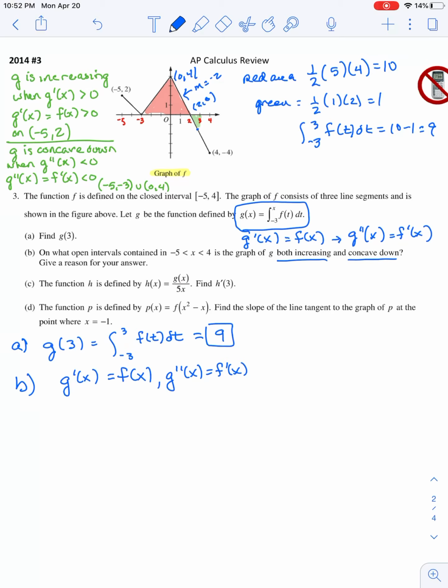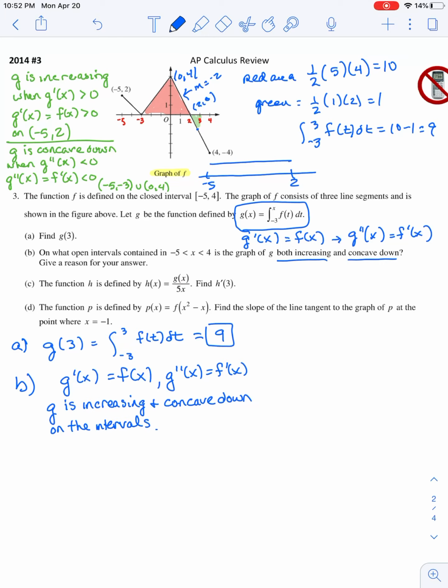And so we will say that the graph of g is increasing and concave down on the intervals. And once again, if you take a look at these intervals, we're talking about from -5 all the way to 2,